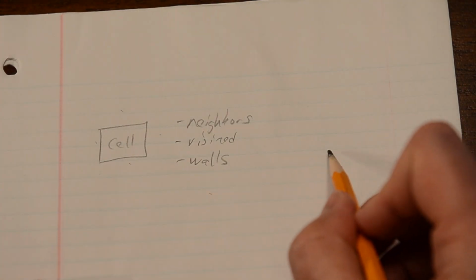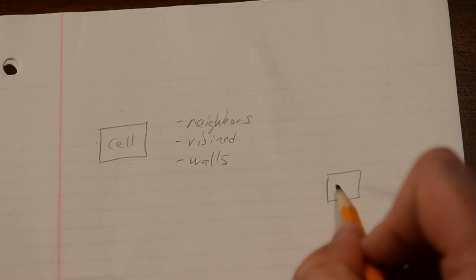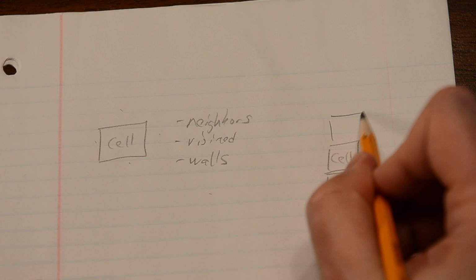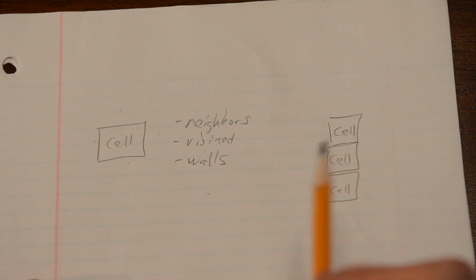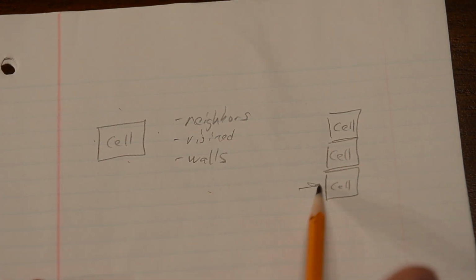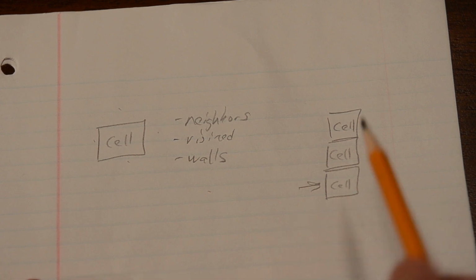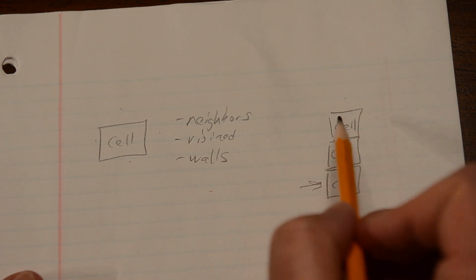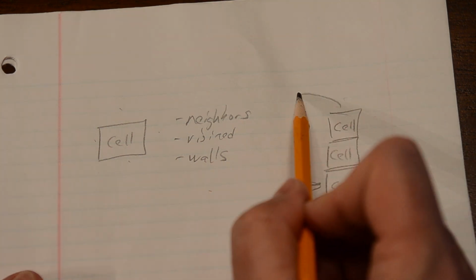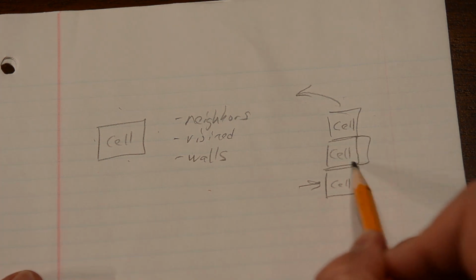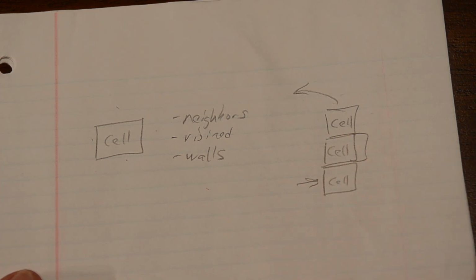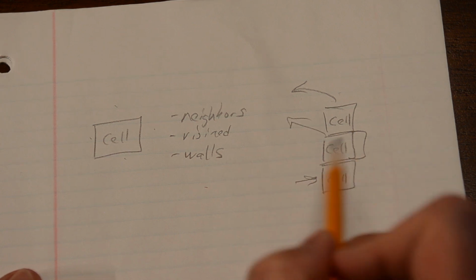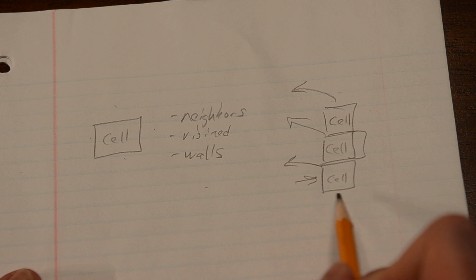And as far as when we do the algorithm, we have to have a stack of cells so we know where we've been. And we also need to know when we're back to the first cell. So basically, when we have an empty stack, we're complete. So if this cell has all of its neighbors visited by one form or another, and we pop it off the stack, and then we look at this cell, and its neighbors by any path have been visited, and we pop it off, and we're back to here, and all of its neighbors have been visited, and we pop it off. When we have an empty stack,